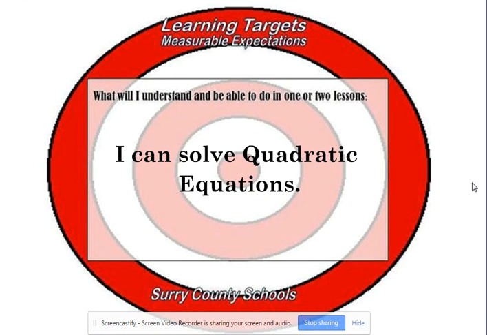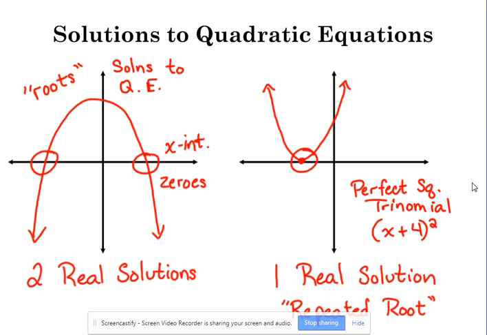in factoring was to be able to solve quadratic equations, because quadratic equations are a little bit different from linear equations. Linear equations have one solution. We're able to solve them. We don't have to do anything special. But then when we throw in that squared term, it kind of messes things up. Now, let's talk about this for just a second before we actually get into the paper that I have there